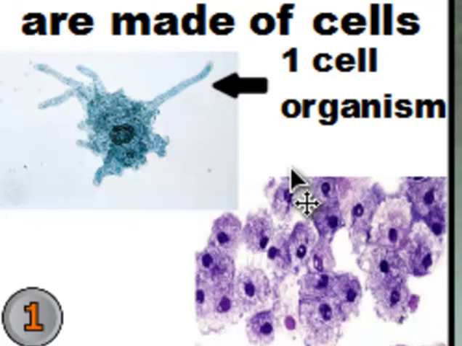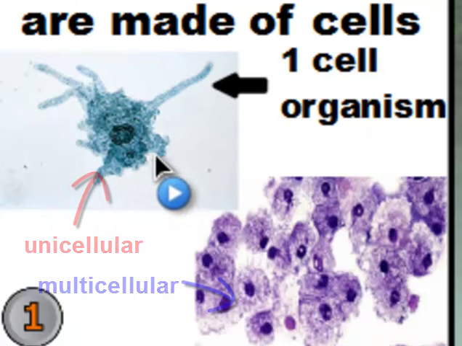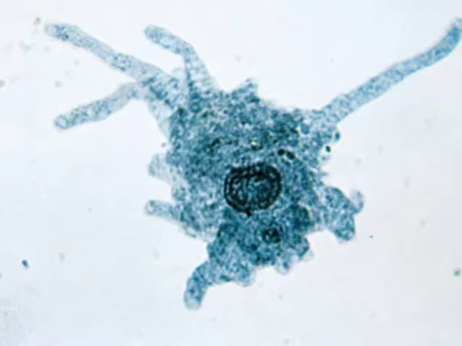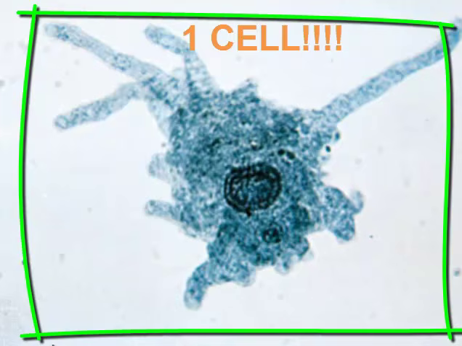So living things are made up of small units that carry out life, and these units are called cells. Now, organisms can be one of 2 things. They could be unicellular, one cell big, or they could be multicellular, with many cells. If we just take a look at this amoeba here, we'll notice that the amoeba is just one cell big. They're very tiny. You don't walk down the street and see a 6-foot amoeba moving along across the sidewalk because